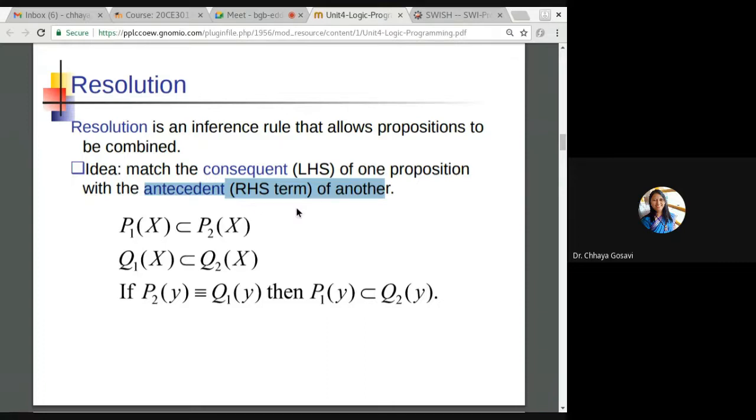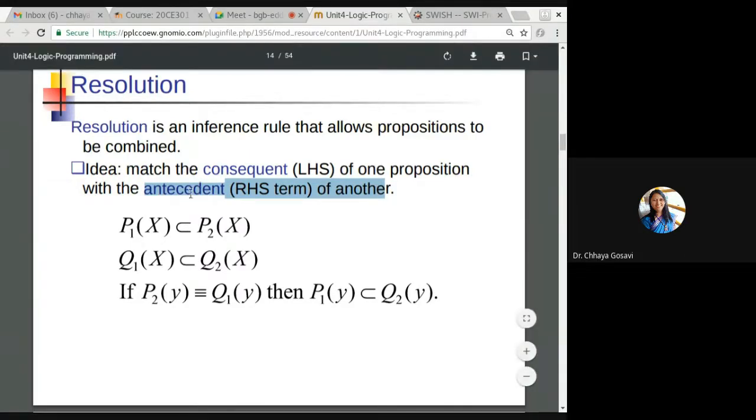But if the value of the left hand side is known, you know what the simple interest is, and you have to find out the number of years or rate of interest, how will you do that? You will make the unknown term the left hand side and all known terms the right hand side. You modify that formula, right? While solving mathematical equations. Similarly, we have to match left hand side with right hand side of the rule.